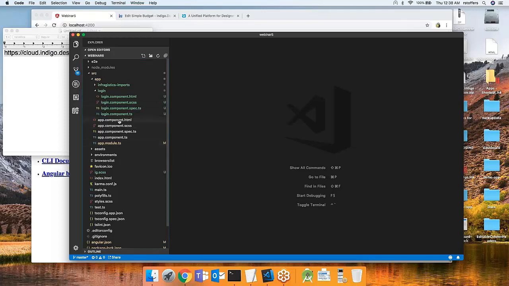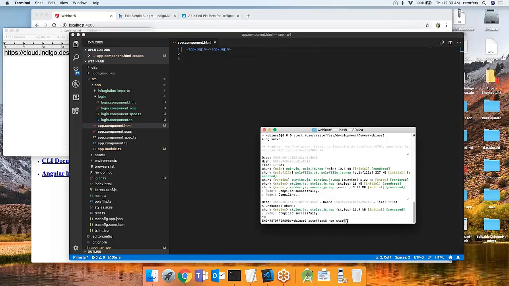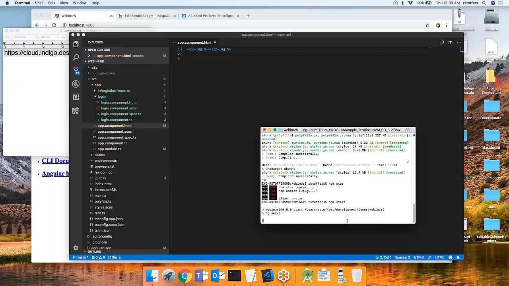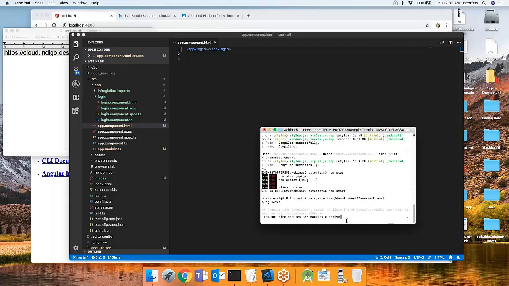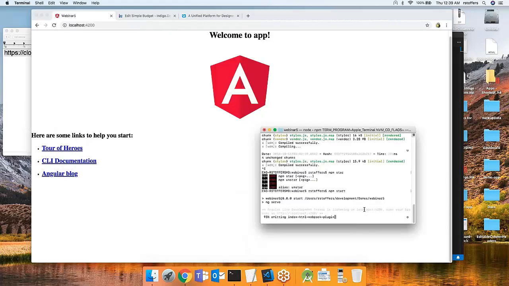So I think now that I got my screen uploaded, I'm going to take this old content and delete it, and since my component is named login, you're going to use app-login. Then I'm going to open up terminal here, do npm start. So we'll just compile this and then run a web server in the background. And then what we should see over here in this tab, once this finishes,